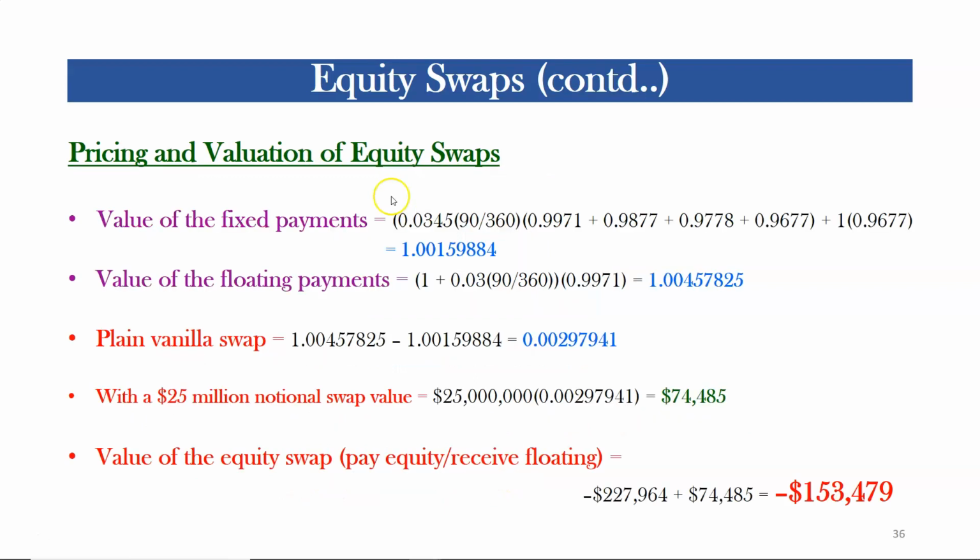Suppose we want to value the equity swap to receive floating and pay equity 60 days from the start, that is the initiation of the swap. So we first value the plain vanilla swap, in which we have to value the fixed rate bond and the floating rate bond. The value of the fixed rate bond 60 days into the life of the swap will be equal to the present value of all the interest payments plus the present value of the par value. We did this in table 11.10, so it is equal to